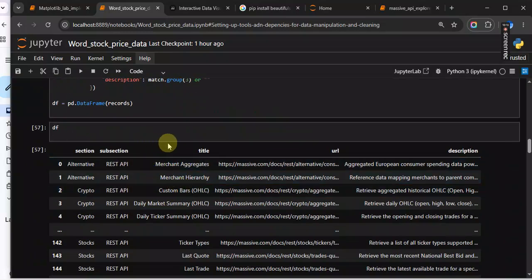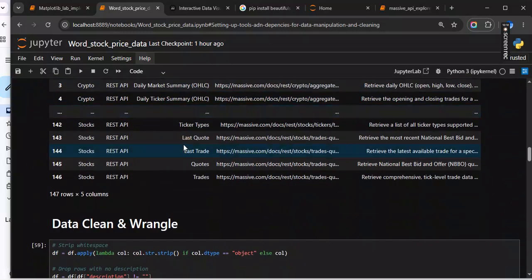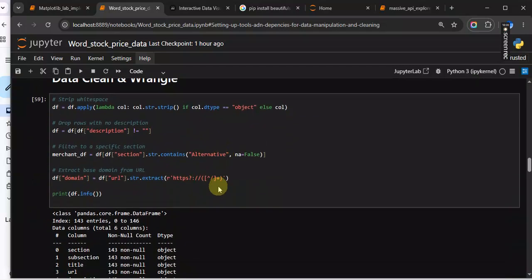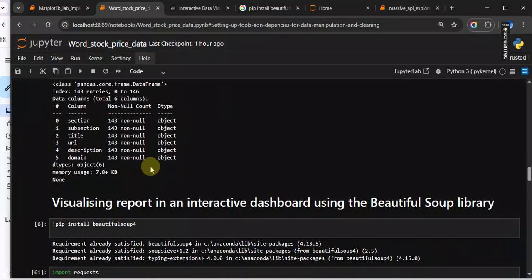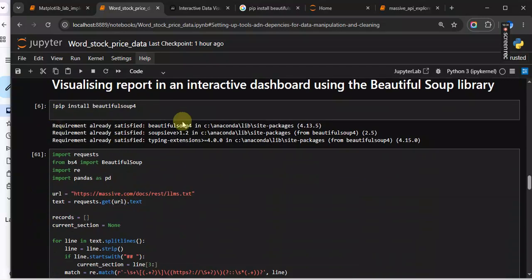So now we are done with our data wrangling. We are done with our data cleaning. Now we have to convert this into what we call data visualization, right? This is where the cool stuff